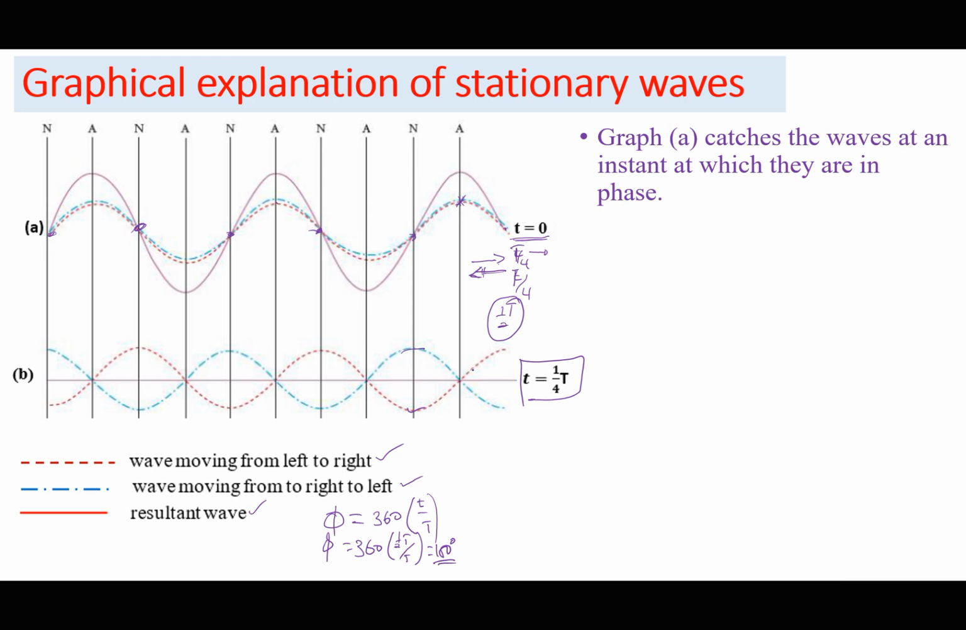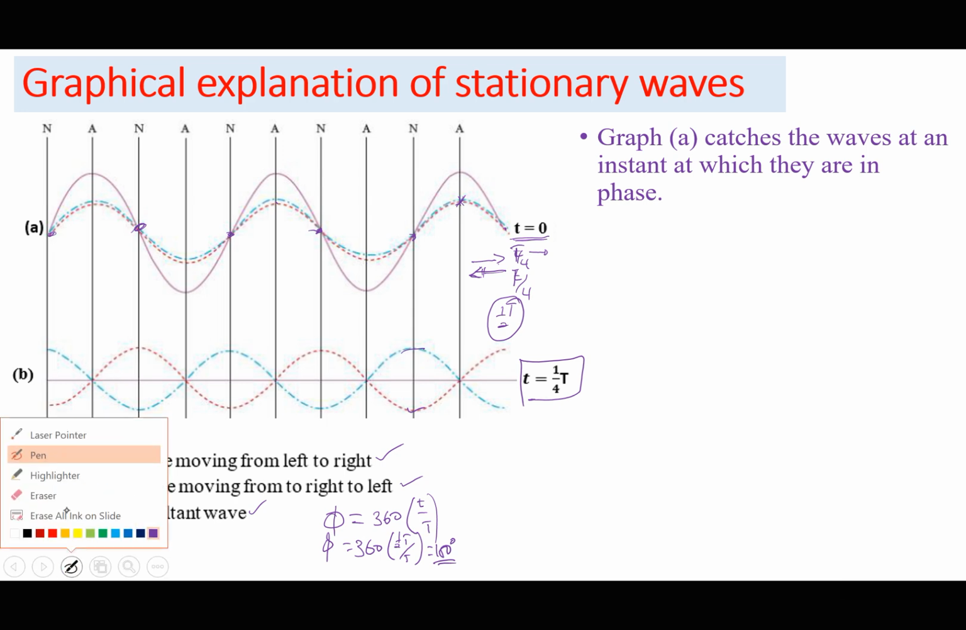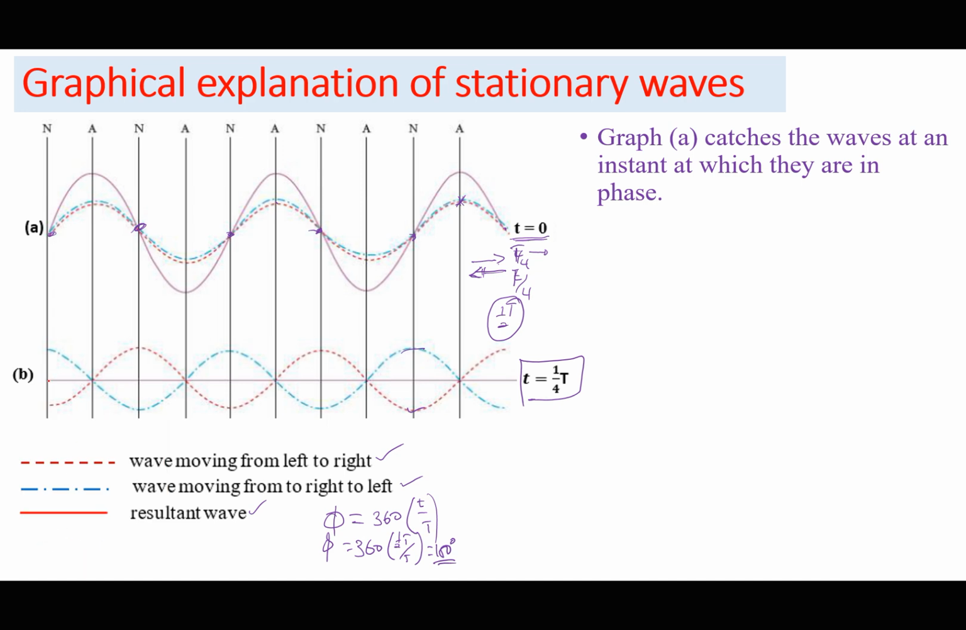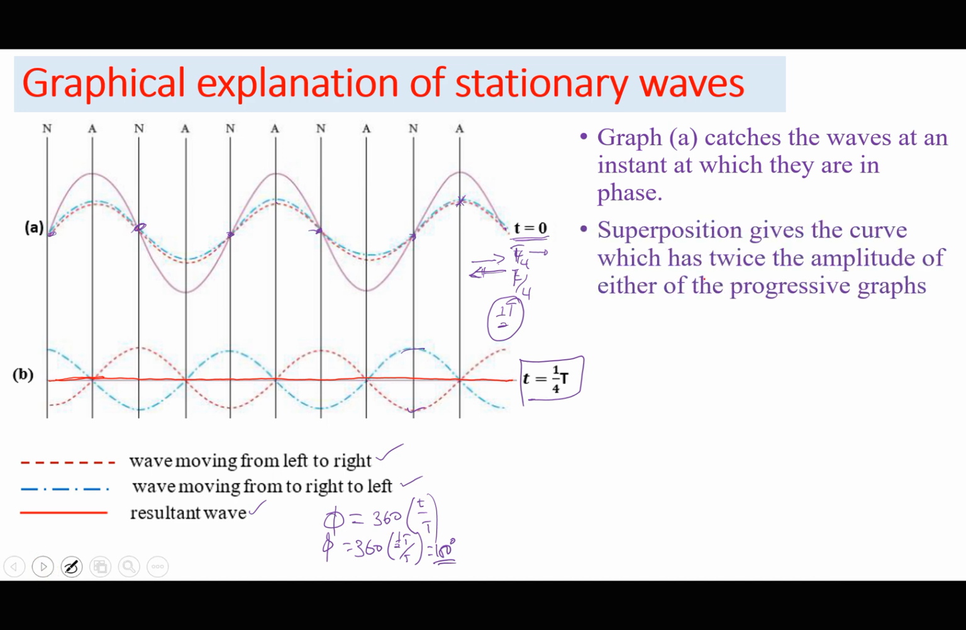And this is destructive interference. The resultant is going to be a horizontal line. I don't know if this horizontal line is visible. So the resultant wave is a horizontal line after a quarter of a cycle, which means at a quarter cycle we just see destructive interference, giving us a horizontal line. So superposition gives the curve which has twice the amplitude of either of the progressive graphs, that is at t